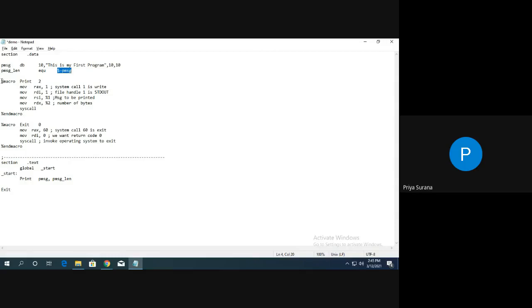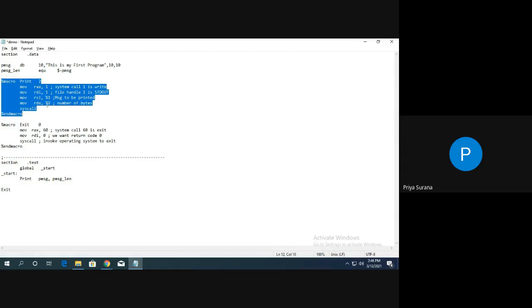Okay. Now check the next thing, which is related to system function, system call, or macro declaration within an assembly language program. So basically, if there is repeated code, mainly you write a function. In assembly language, provision is given that you can go for a function or you can go for a macro if there is repeated code. So repeated code can be handled by using a macro or a function. If the repeated code is small, go for a macro. If the repeated code is large, at that time go for a function.